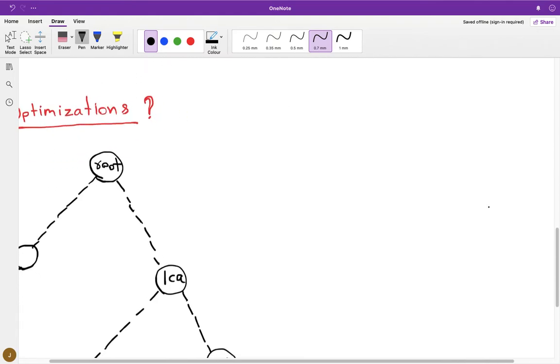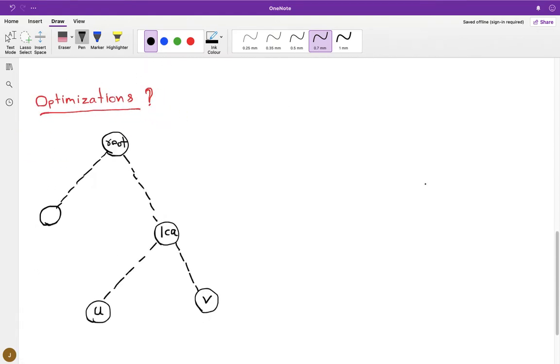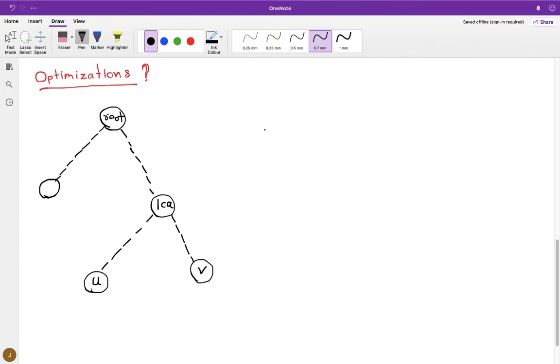Now if you have seen the previous video on how to find the LCA, in that video we used a sparse table, right? If you don't know what I am talking about or what binary lifting is, you can watch my previous video on how to find LCA using binary lifting in big O of log n time. We are going to use some of the same concepts.